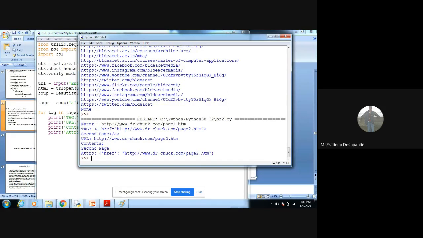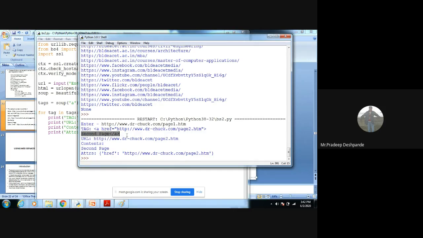This particular website, drcheck.com page1.htm, has only one anchor tag, that is href http www.drcheck.com page2.htm. So it has only one web page. The details of that, the tag is this one.